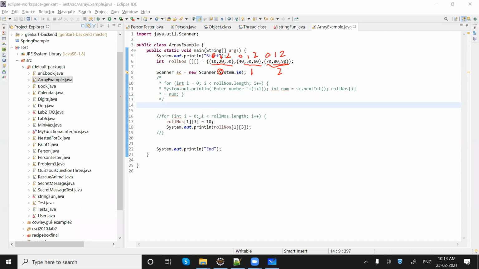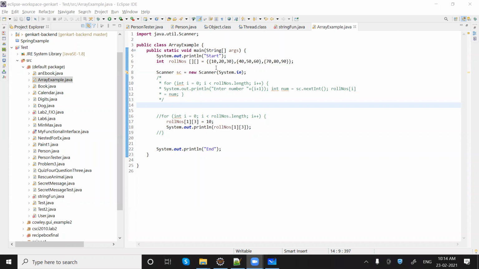So if we look at this program, we are saying one of three. One means we are talking about this particular array. 3 means the index is not available or does not exist. So that means we'll get an index out of bounds exception. Make sense? I think you got the clear idea. If anybody has any doubt, feel free to ask.